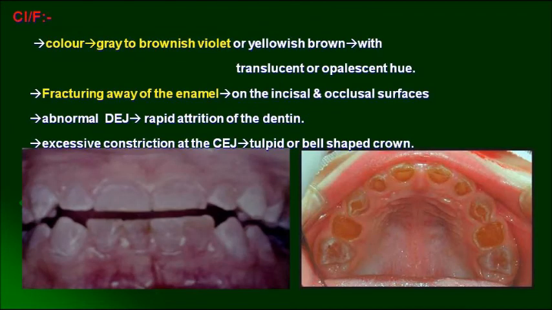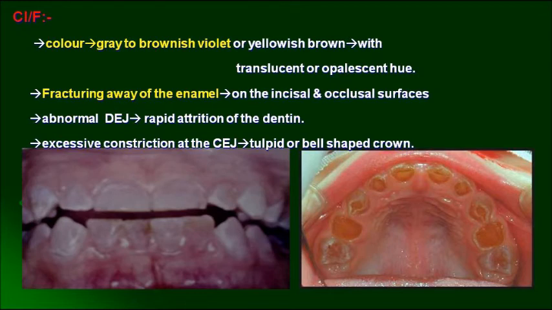Now in dentinogenesis imperfecta, how does it look? The color is gray to brownish violet in case of dentinogenesis imperfecta, and there is fracturing of the enamel. These 2 points are very, very important because a practical oriented question can come. In a practical oriented question, it will be like a 4-year-old child. One of the years it was asked like this: a 4-year-old child, there is no effect on the primary tooth, there was an effect with grayish appearance of the permanent tooth alone, and there is fracturing away of the enamel, and there is a secondary dentine formation.